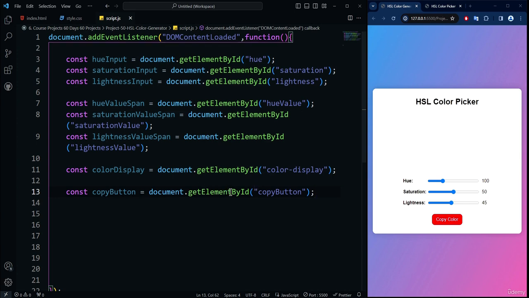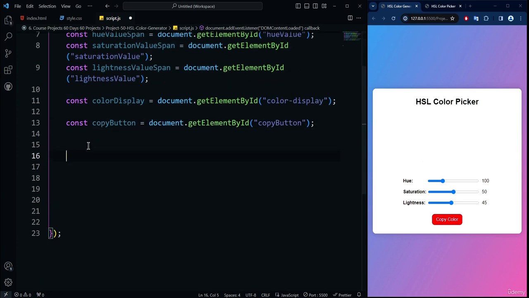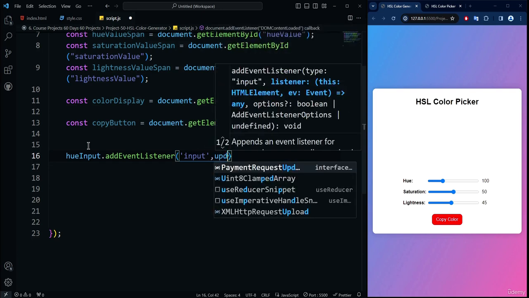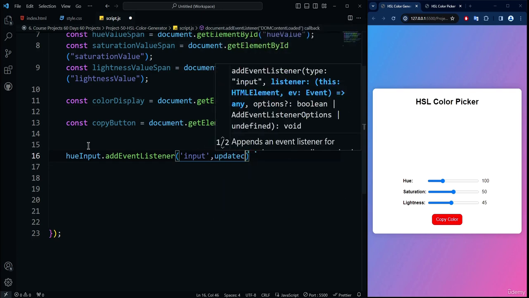So now we have created all the 8 variables. These 3 are sliders, 3 are span values, total 6, and then we have these 2, which is the color display and the button. So now it's time to add the listener to these particular sliders. Here the first thing is I will be using the hue input dot add event listener. So we want to listen to the input event. Here I will be using the input listener of the slider, and then I need to provide a callback, which is actually update color,